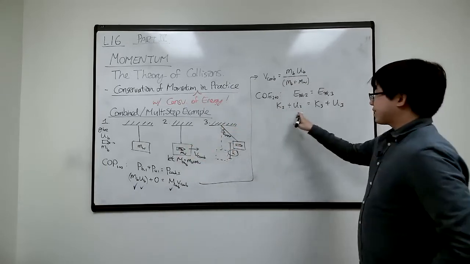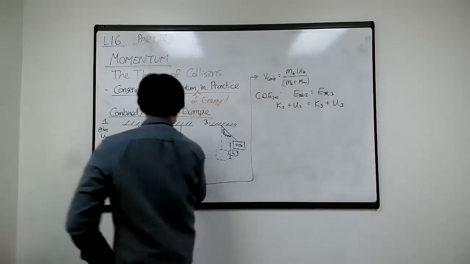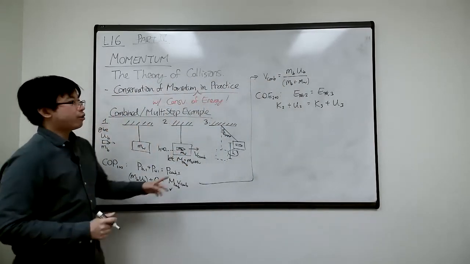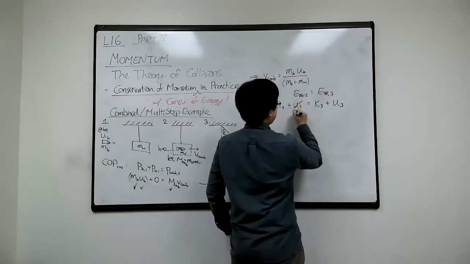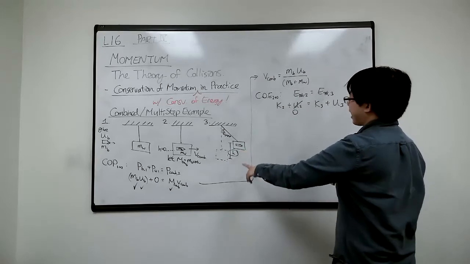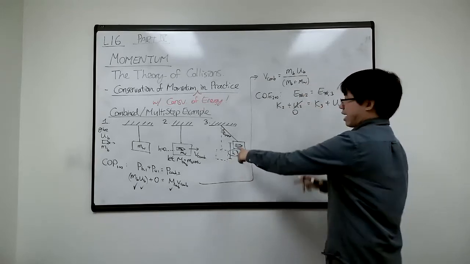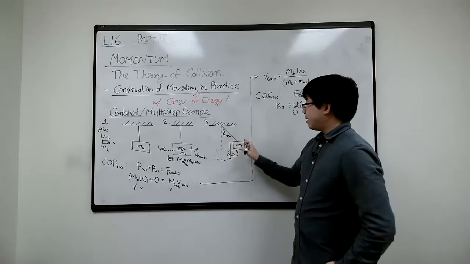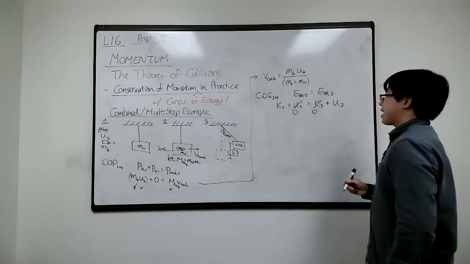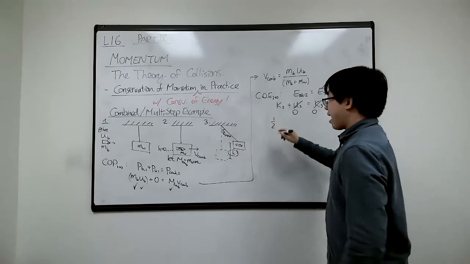U means I need to set my height. I'm going to set my height over here as h equals 0, so at this point there is no gravitational potential energy, and here it's going to just be mgh, okay? And at the maximum point over here, it better have 0 kinetic energy, right? So we're going to set that to 0. Okay, so we just have half